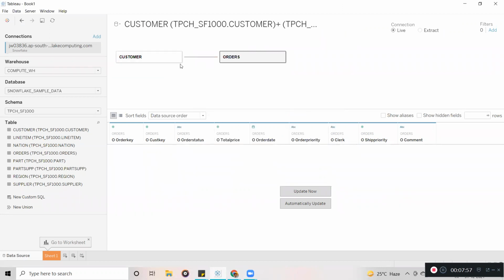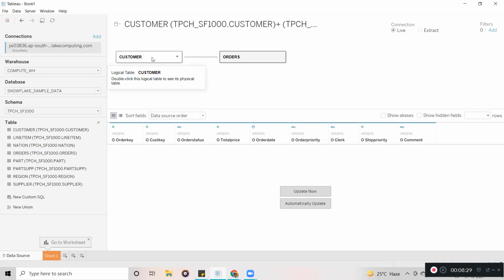Yes, now we can see we have given the relationship. In case of the physical join, here we have just mentioned the relationship. How the join is going to work means the join is going to work at the visualization level, the view level. But whenever you are establishing the relationship, the data is going to be stored at individual table level only.